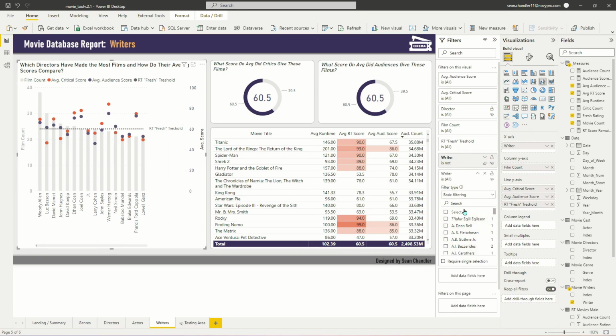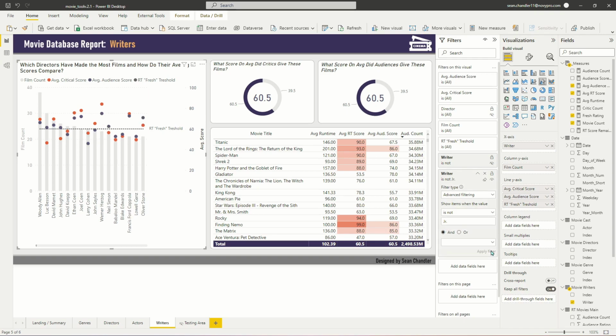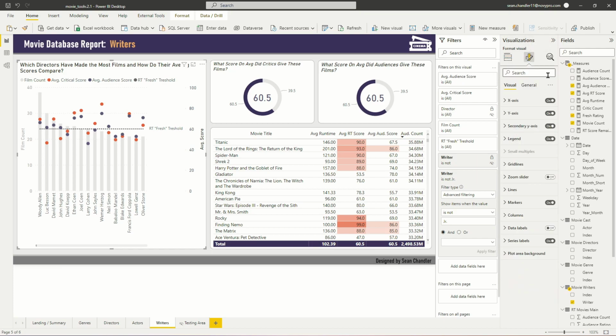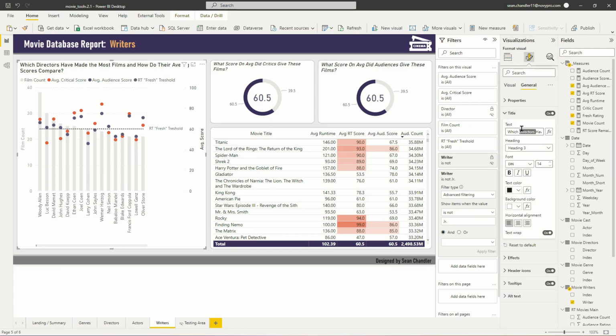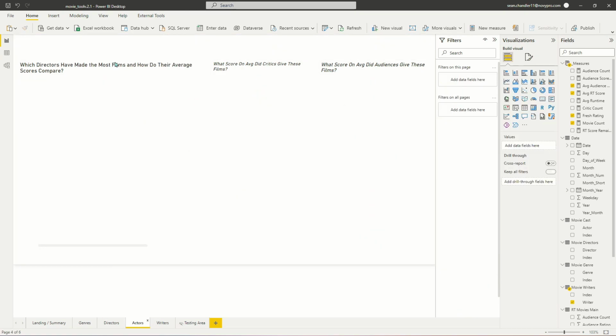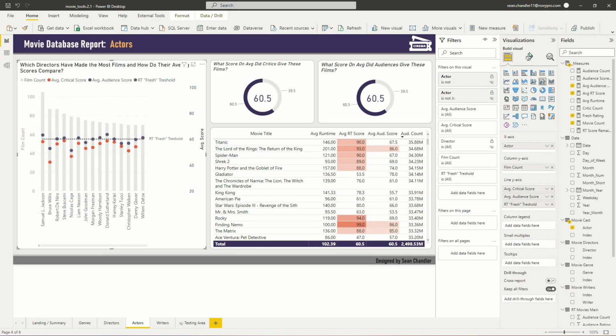I've also got junior here, which is no problem. Just going to go ahead and filter that out and apply. And the last thing that I need to do, obviously, is go through and update my titles to say writers instead of directors, or actors